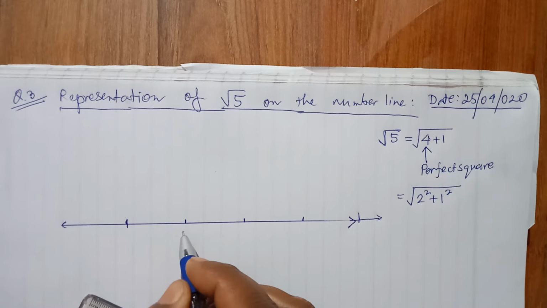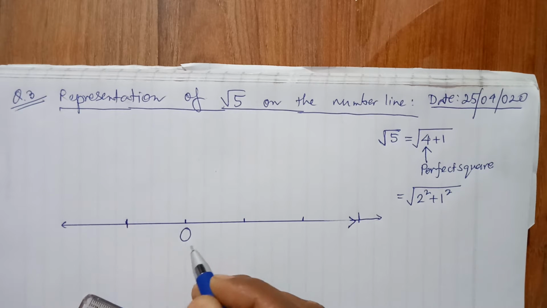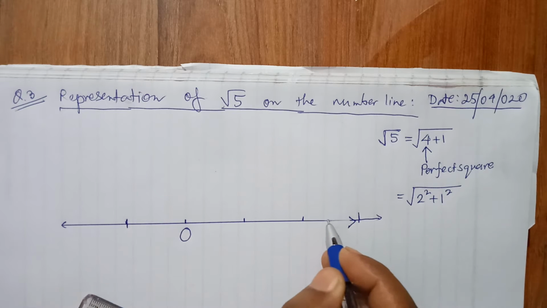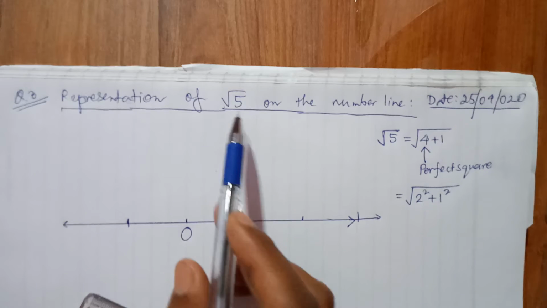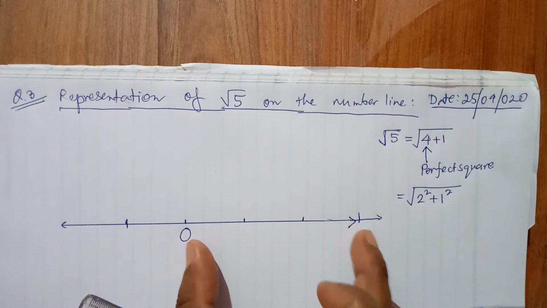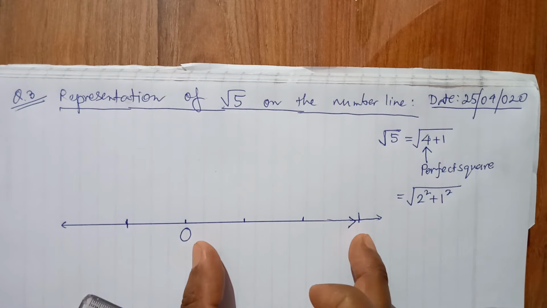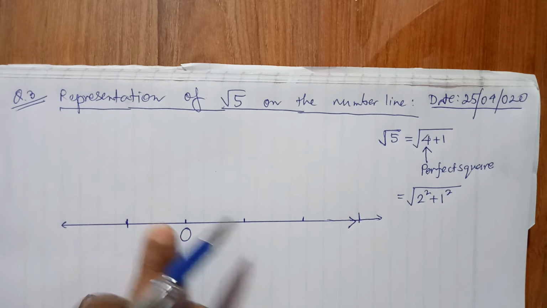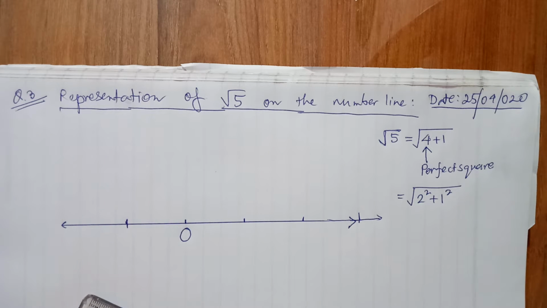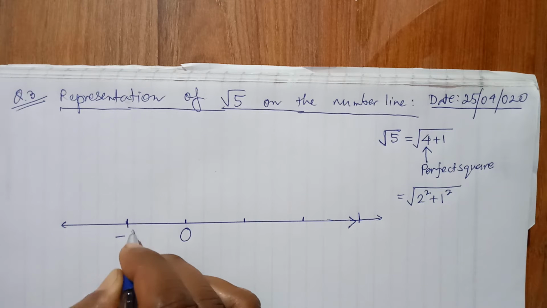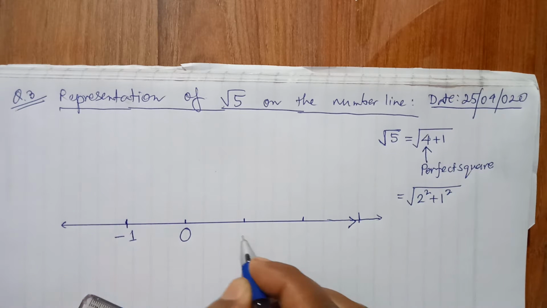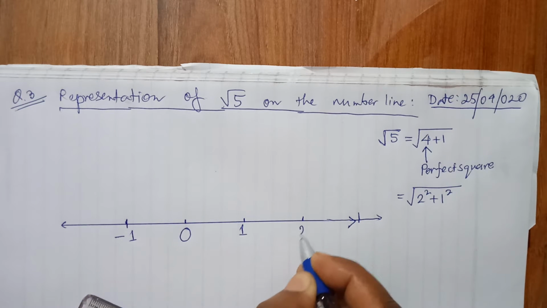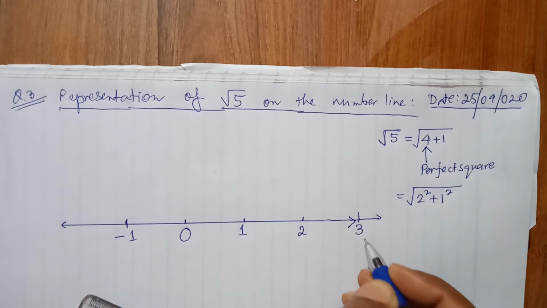Somewhere put 0 here. As root 5 is a positive number, we need the positive part, so we are taking less part on the negative side. Put minus 1 on the left-hand side, and on the right-hand side put 1, 2, and